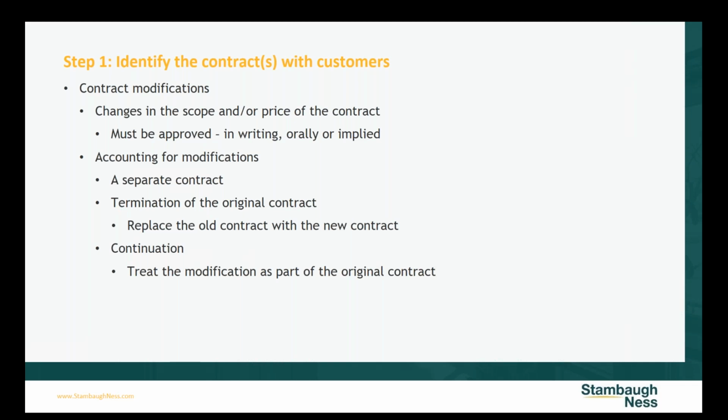So not going to really focus on an example of modifications here, but knowing that it's legitimate that that happens often, that prices can change, or maybe there's negotiation going into a second year of a contract, that maybe you would make a change to the scope or price of an original contract, or essentially just extend the original contract. So I wanted to make sure to give that information to you on different ways it can be handled.